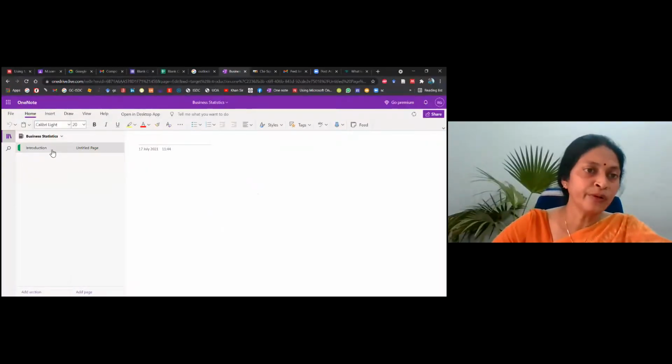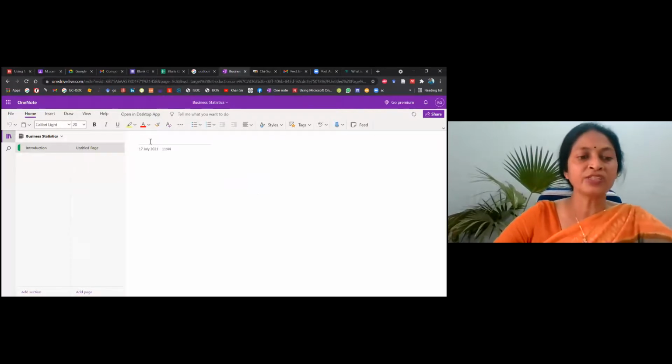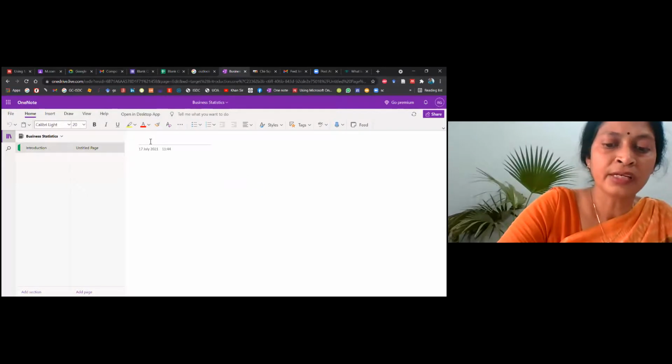That means in introduction, this is the notebook name. In this notebook, you are going to have this introduction. You can also change the name of the introduction. For example, here is an untitled page. Untitled page means the name of the page is not written. So I can write lecture